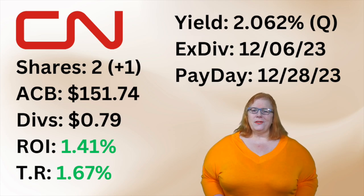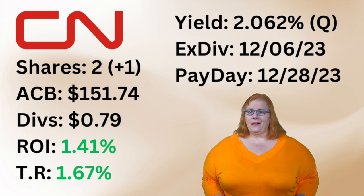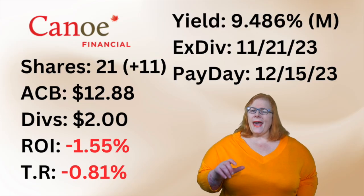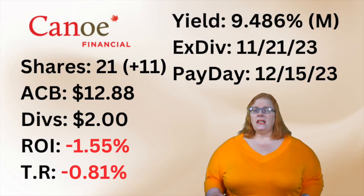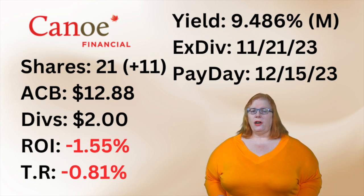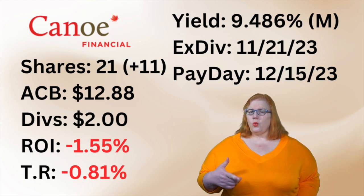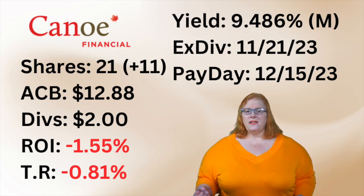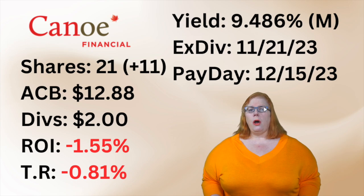CNR was another position that did move back into the green. I guess you can say their track moved into greener pastures. Up next, we added 11 shares to Canoe EIT for a total of 21 shares. We've got an average cost base of $12.88. We did receive an additional $1 in dividends this month, so our total dividends are up to $2 on these